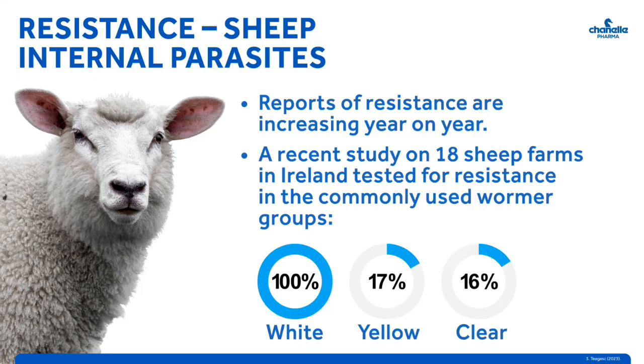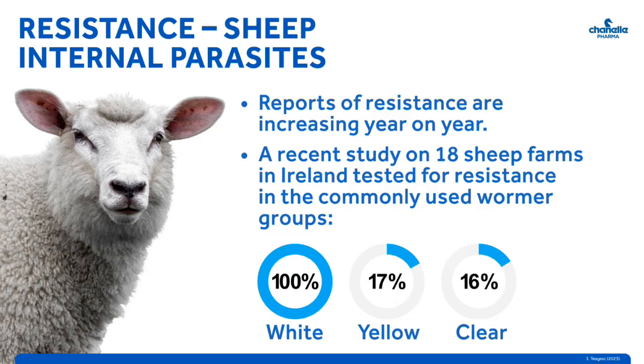Resistance is becoming an increasing problem for many of the actives we're familiar with. When an active is first brought to market, resistance in the parasite population is low and the products work very well. Unfortunately, this effectiveness can be hampered by indiscriminate and/or inappropriate use, which creates selection pressures in the parasite population. Before too long, we start to see the effectiveness of the products start to decrease. There are a number of research papers which have looked into this problem, and here are the results from a couple of studies in Ireland, the first of which looked at sheep farms.